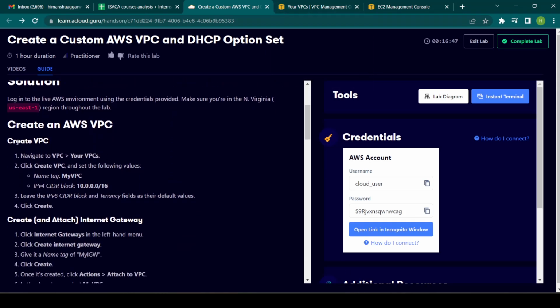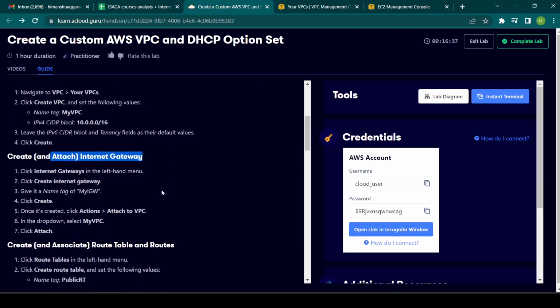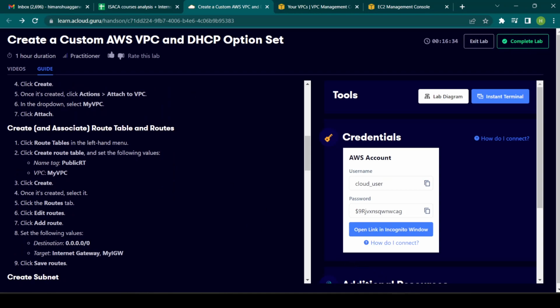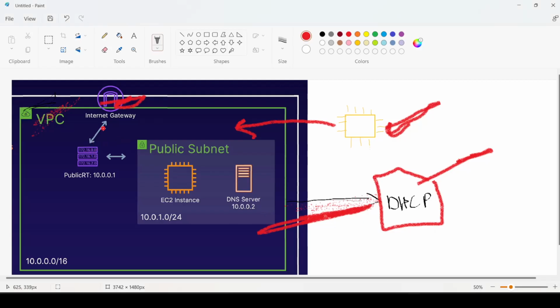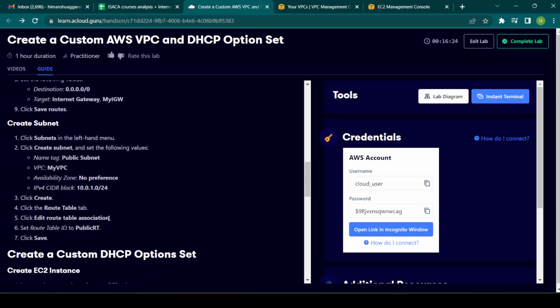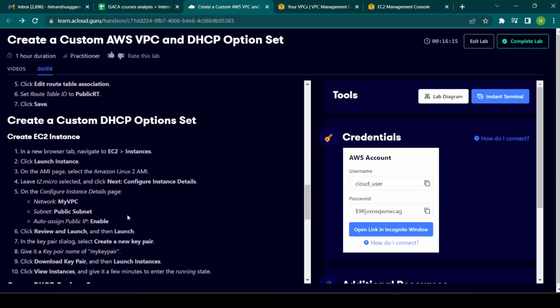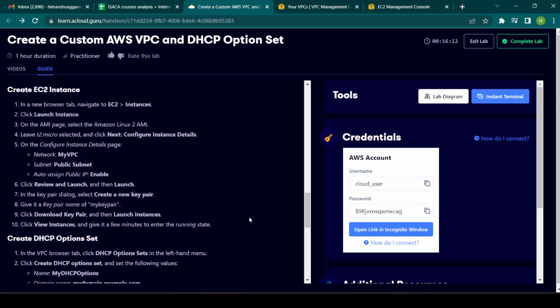So if we look into the lab example, the same is done here. First we have created a VPC, then attached an internet gateway to that VPC. Then we created a route table and route so that it can communicate with the outside world. And then we have created a public subnet so that the EC2 instance is present inside it. Then we have created an EC2 instance in that public subnet,